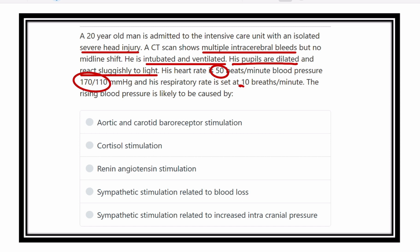10 breaths per minute. The rising blood pressure is likely to be caused by, that means their blood pressure 170 over 110. So what is the cause of increased blood pressure in this patient? The patient is suffering from a severe road traffic accident, and there is a severe head injury and multiple bleeding. When there are multiple bleeding spots within the brain, first of all the intracerebral pressure